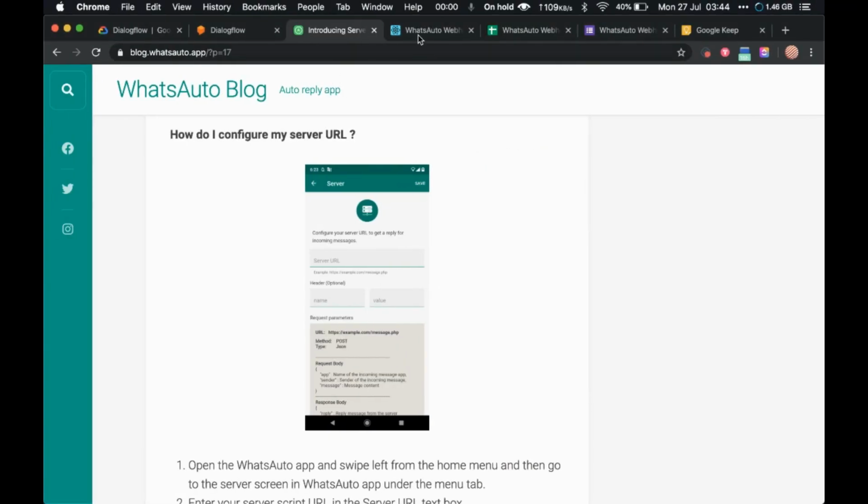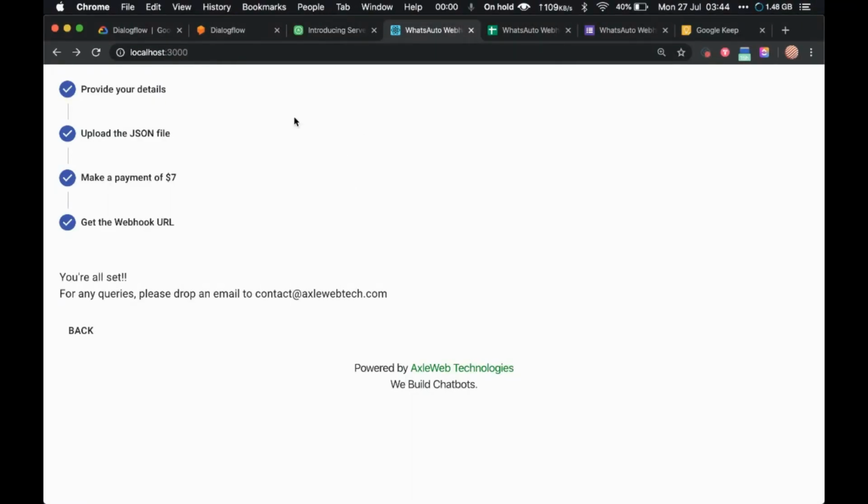Now coming back to this tool, it is still in development. I'm launching it very soon as a product, but as I said, we have to invest a lot of time to build this, and we also have to pay for the cloud server. Plus, we are really interested in people who are genuinely interested in using this tool. So that's why we have added a small paywall here.